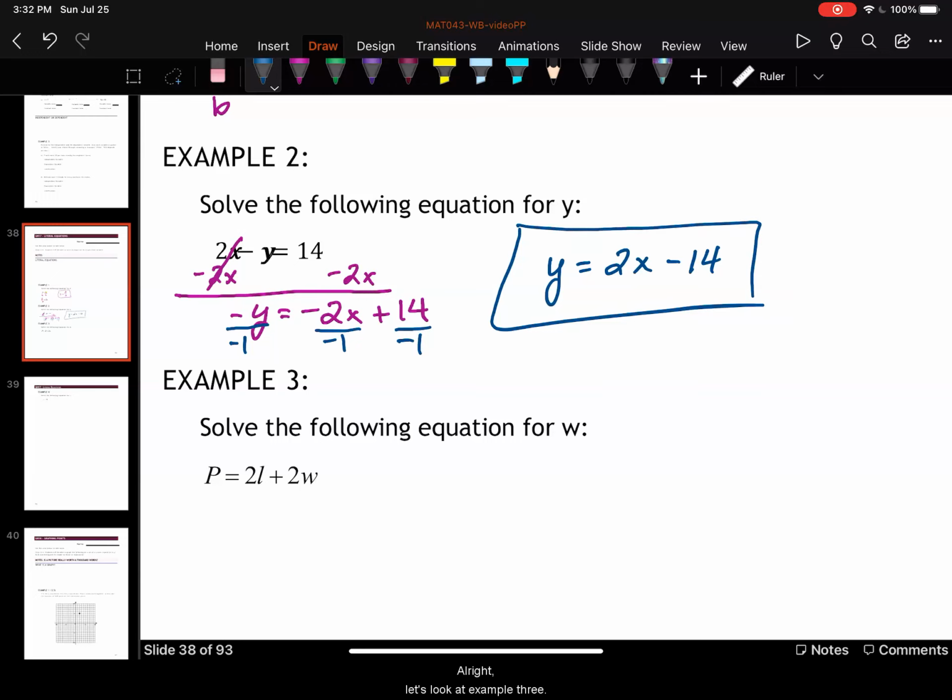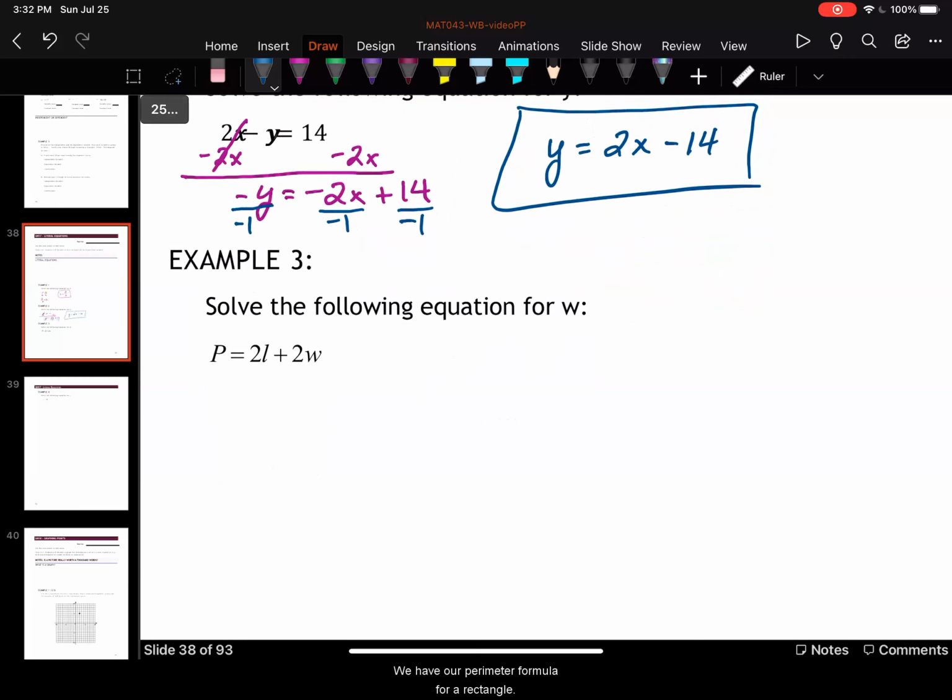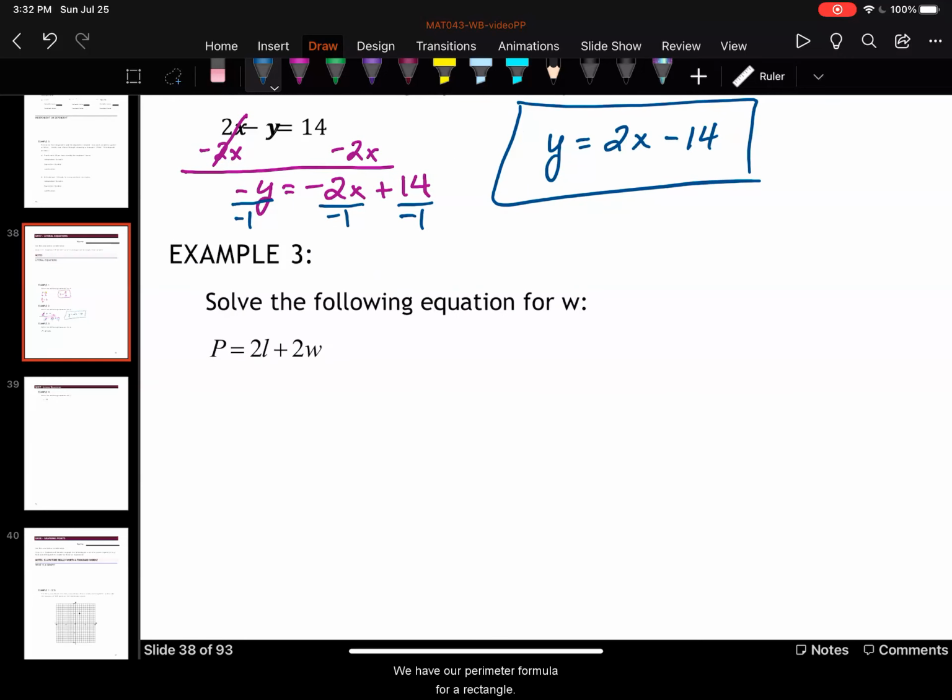All right, let's look at example 3. We have our perimeter formula for a rectangle, P equals 2L plus 2W. In this case, we are trying to get that W by itself. So the first thing I'm going to do is get rid of the 2L, and to do that I'm going to subtract it on both sides. We cannot combine the 2L and the P. Again, they are different variables. So I would have P minus 2L equals